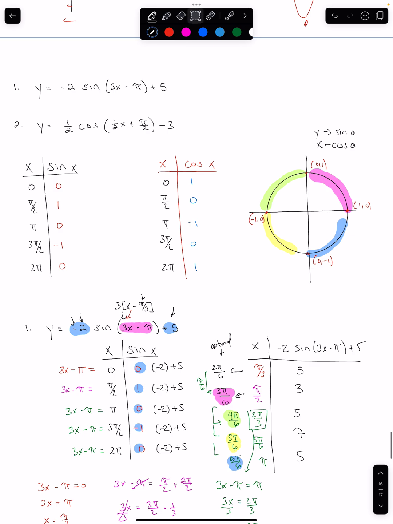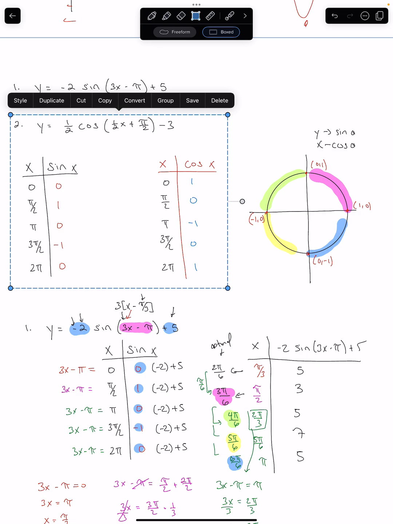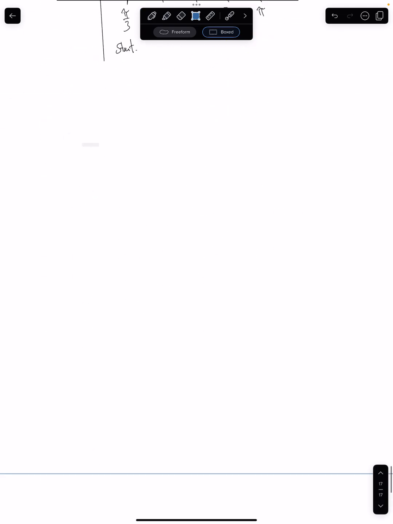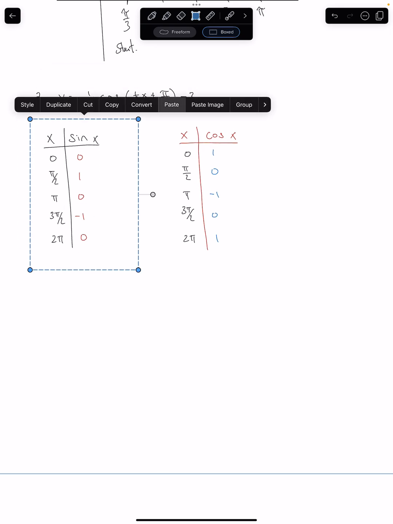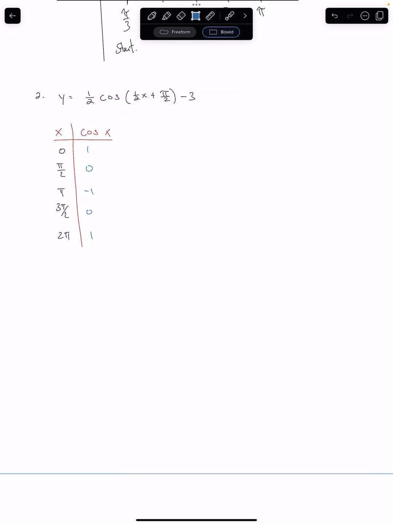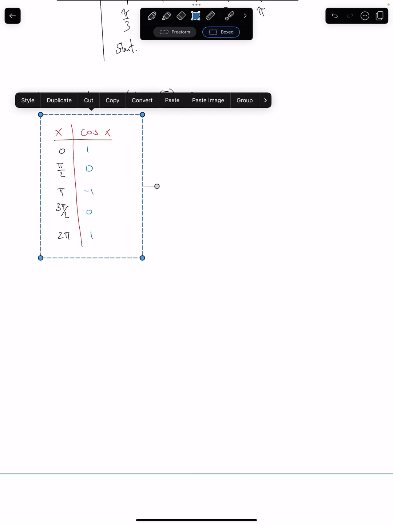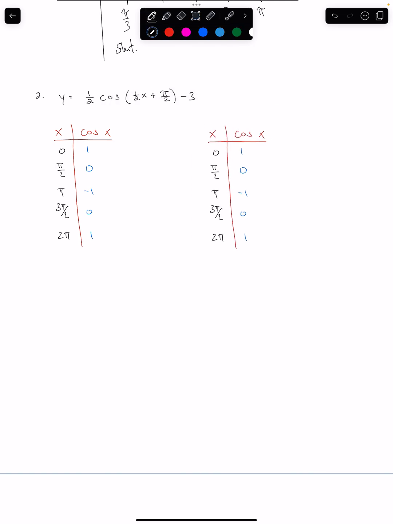Let's do one more. Let's take sine and cosine here. Drag it down here. We don't need sine on this one. Okay, so same thing is going to happen here. So again,